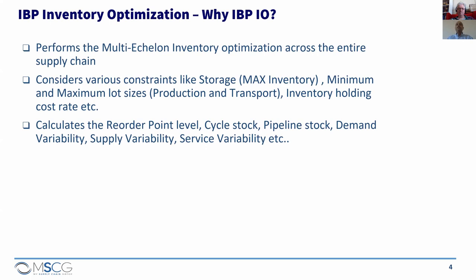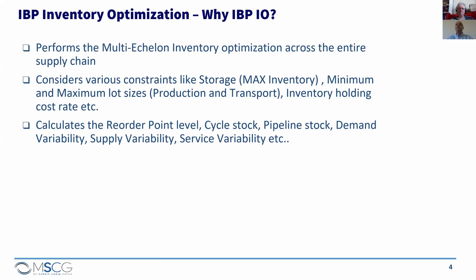We can manage various constraints using the inventory optimizer. There are hard and soft constraints, and we'll do a demo on that. Storage or max inventory is a kind of soft constraint. And you have minimum and maximum lot sizes, which could be a hard constraint. We also have minimum stock requirement as one of the inputs, which is also a kind of hard constraint that we'll see further when we do the planning. The last part is what we get out of the inventory optimizer, which is recommended safety stock. That is the main output.